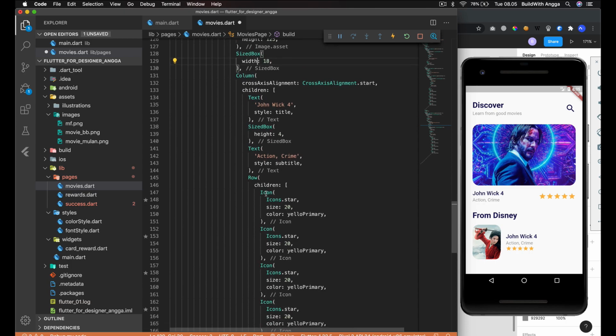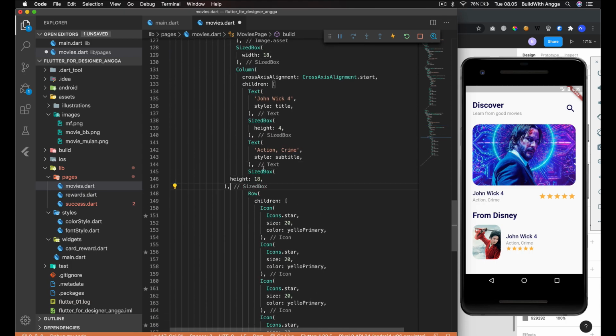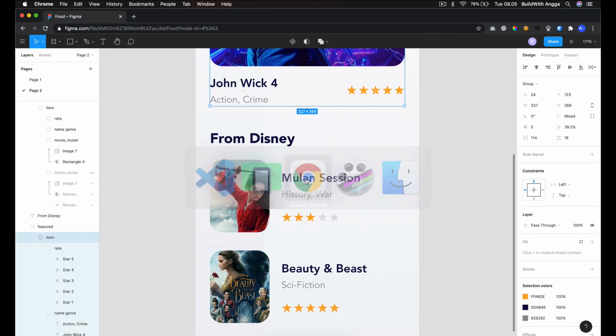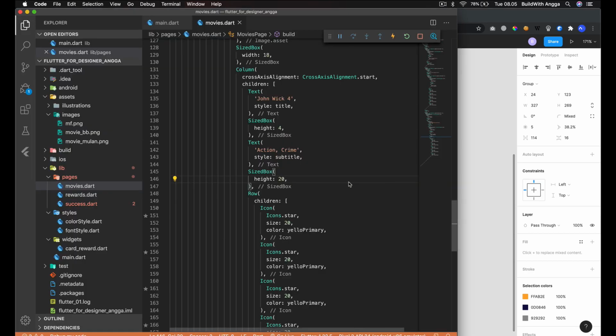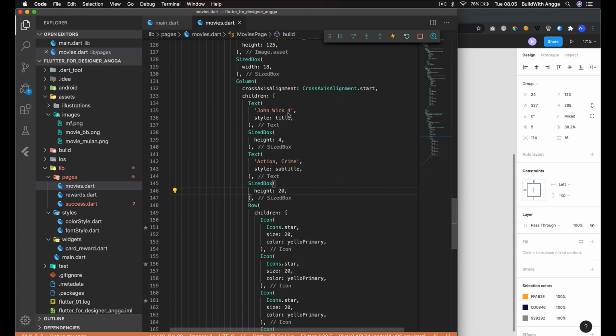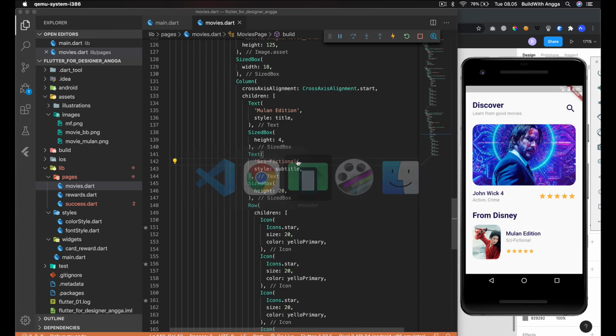And then after that we need a size box about 20. Okay, we just need to change the movie title, Mulan edition, science fictional. Okay, just like that. Well, you are done.